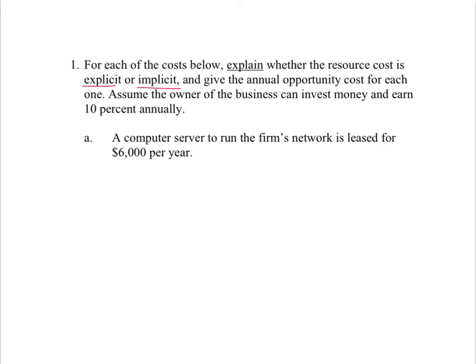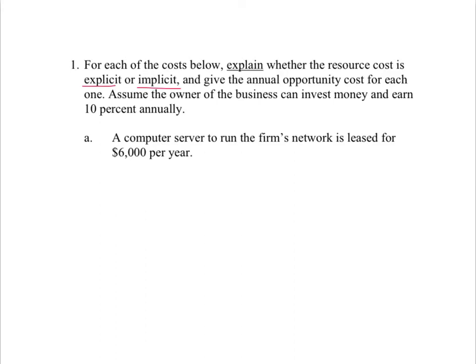With implicit costs, there's no out-of-pocket expense. There's no cash transaction because we're using our own resource. The firm is using its own land, its own computer terminal. It's using its own time. And even though the firm is using its own resource, it's not free. There's a sacrifice. Something is given up because most every resource has an alternative use, and that's where implicit costs